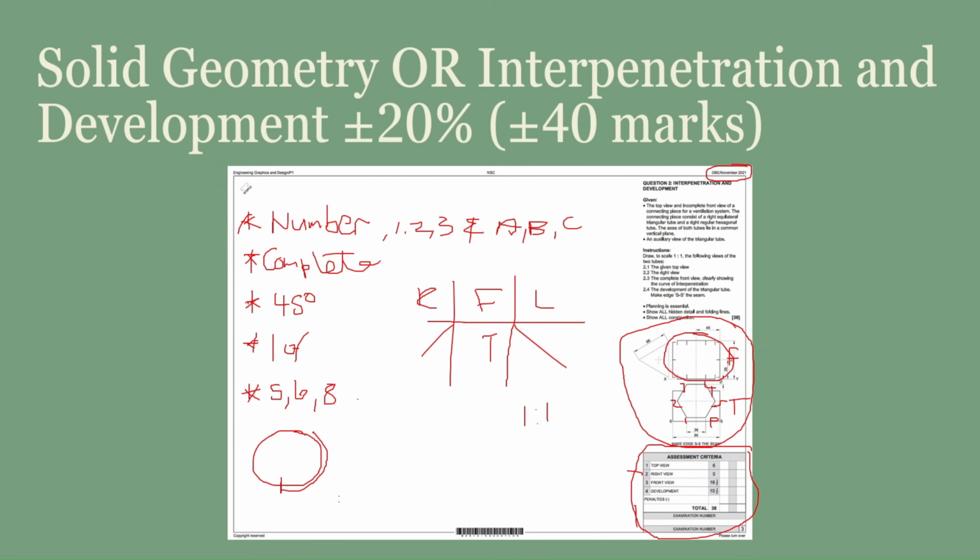Meaning from one point all the way around to the other point, you will need to calculate. And to do this, you will say pi times diameter, and you will get an answer. Whatever that answer is, you will draw a line of that length. Now let's say we had a circle with a diameter of 38. You will say pi 3,14 times 38. You will get a length of